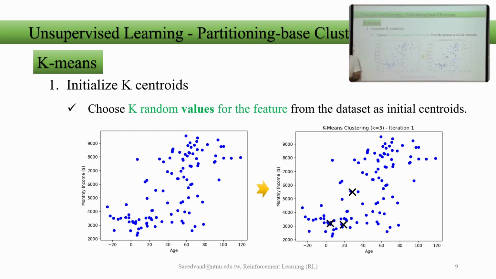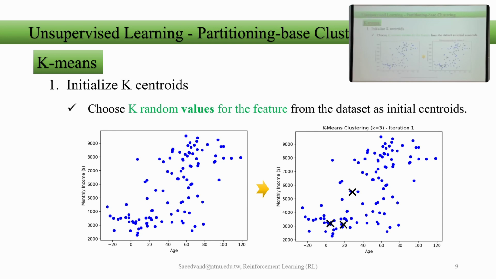Now, as first step of the k-means algorithm, what we're supposed to do: initialize k centroids. So let's consider that we have k equal to 3. I am the developer. I'm exactly saying that I want this data to be clustered, to be grouped into 3 different groups. I say it at the beginning. So what is happening? Randomly 3 values are chosen for me. Totally random. These could be anywhere. 3 random points for me. Clear?